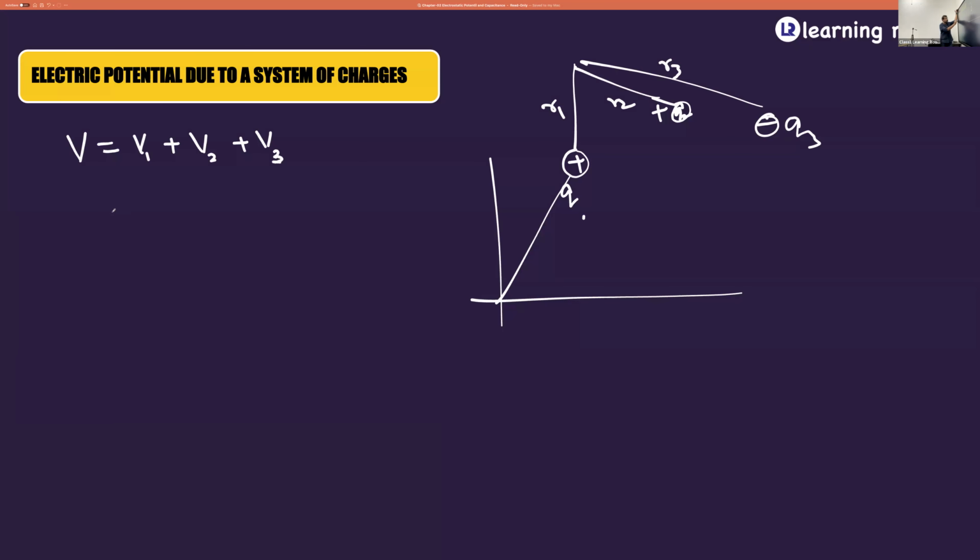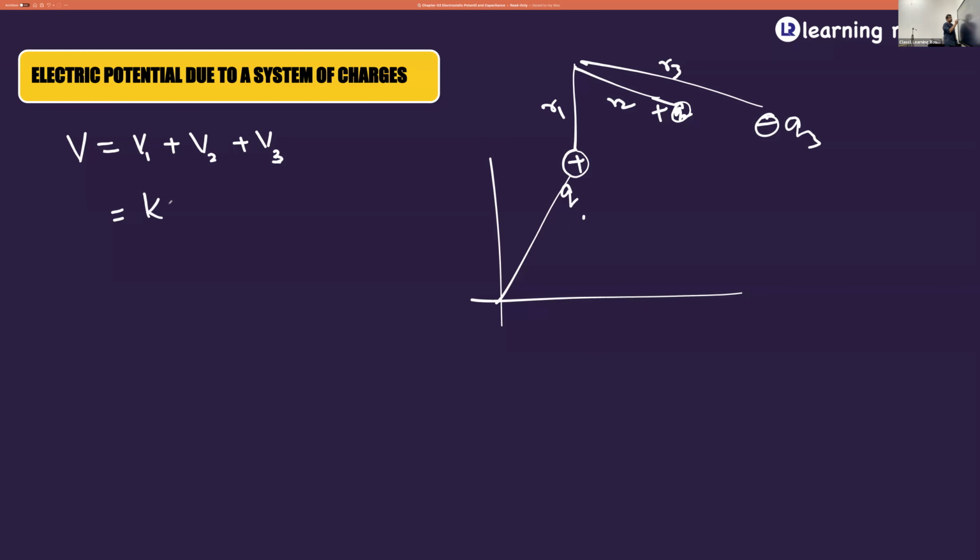The only difference is, listen to this carefully. When I talk about electric field and force, what kind of quantities are they? Scalar or vector? They're vectors. Whereas when you talk about potential energy and potential, what are they? Why are they scalars? Because work done is a scalar quantity. So when you're dealing with a scalar quantity, you need to take the sign of the charge into consideration.